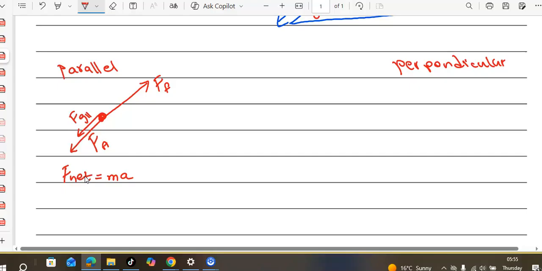F net, we choose direction. Where is this going? It's going down. So we're going to take down as positive. All the forces that are going down will be positive. So we'll take the FG parallel, add it with the FA, and subtract all the forces that are going up, and equate this